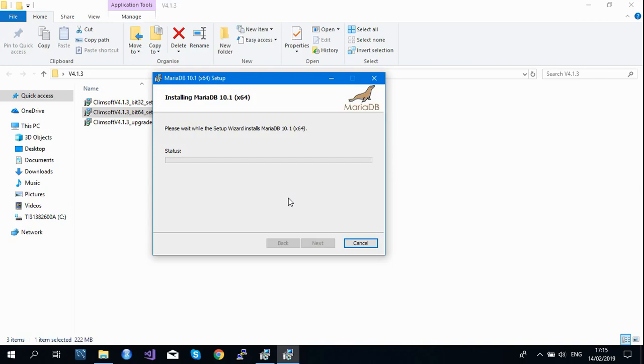Remember the password you've assigned to the root, because the password will be very important when you are logging into CleanSoft for the first time. You need to note this somewhere, or you put it in your head.